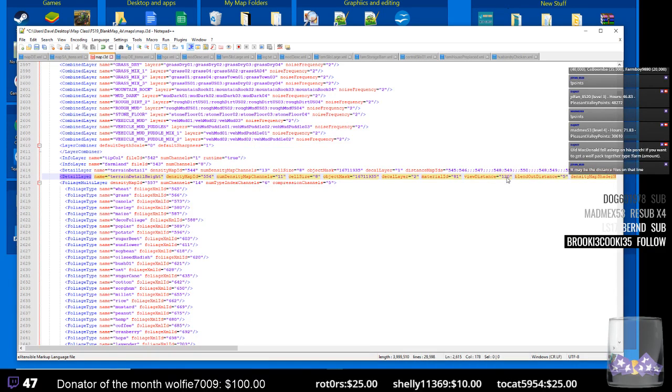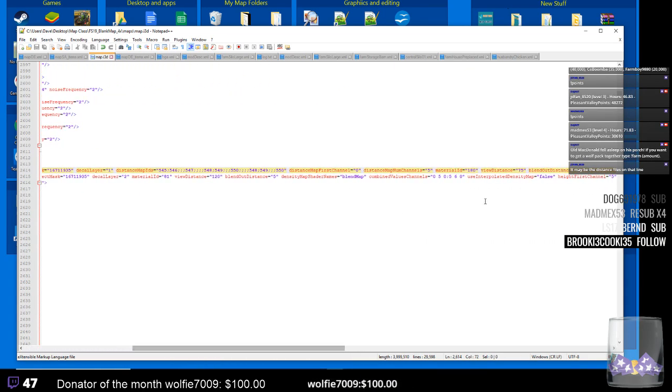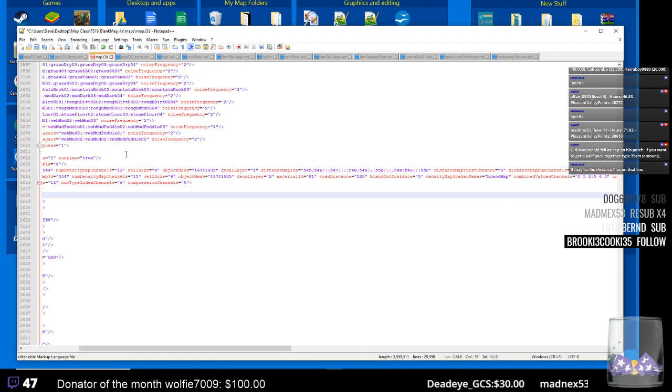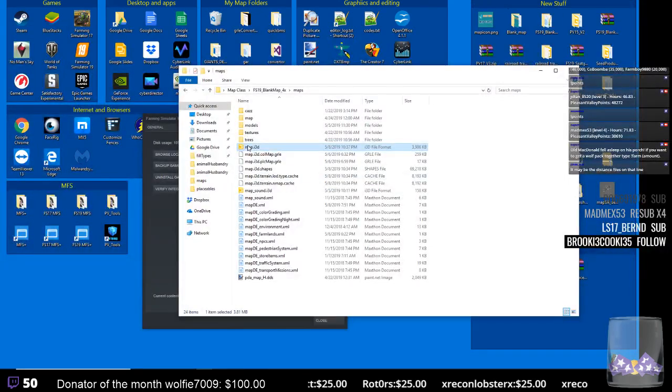I think it is that one right there. Let's check it out. 120. Terrain detail. Oh, not that one. I think it's, well, we'll do them both. I'm pretty sure it's one of those or the other. Just want to up it. 75 is just in front of your face. So with those being 120s, when we load the map up,